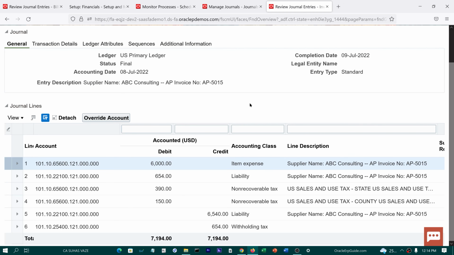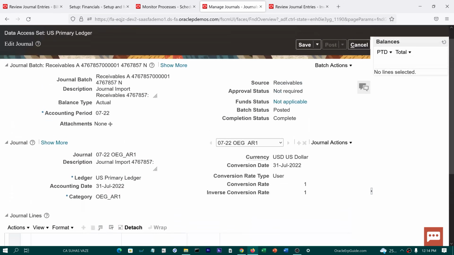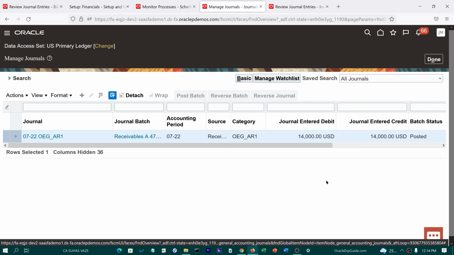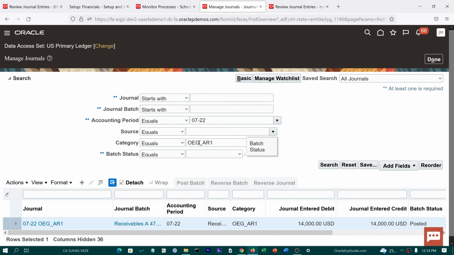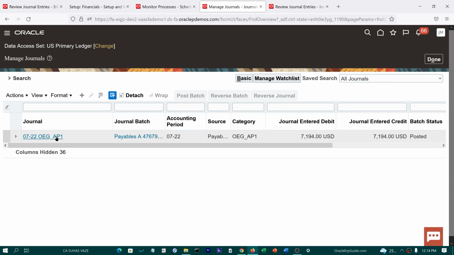Now we will also see the GL journal for this. So go to Manage Journals. Our tab is already open there. Cancel this one and change our search to OEG AP1 now and search. So this is the GL journal that is created. Click and open this one